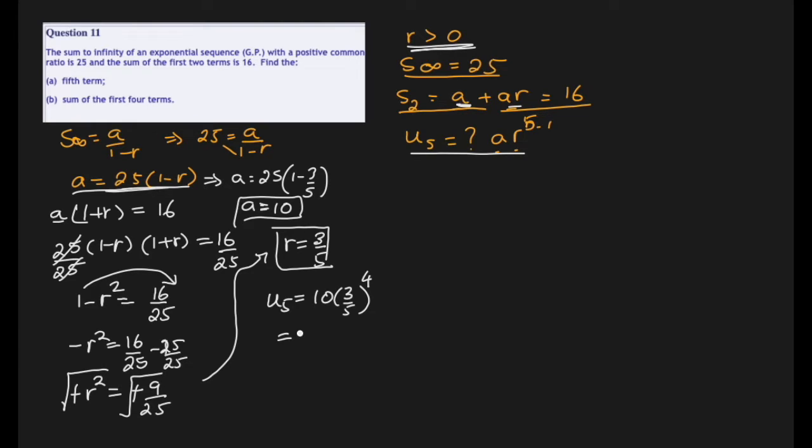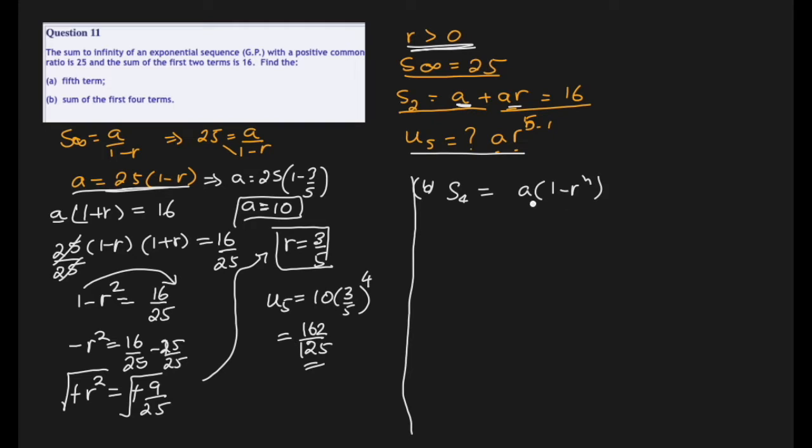What I'm getting here is 162 over 125. That is U5. Sum of the first 4 terms. So S4. This is what they're asking us to find. Formula for S4 is a r to the power n. Is r more than 1? No, it is less than 1. So I'll use the formula a times 1 minus